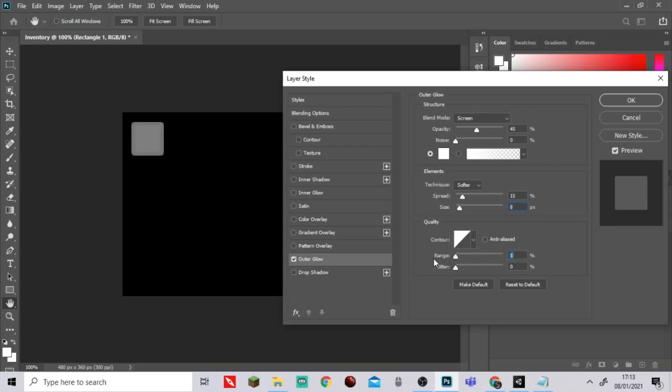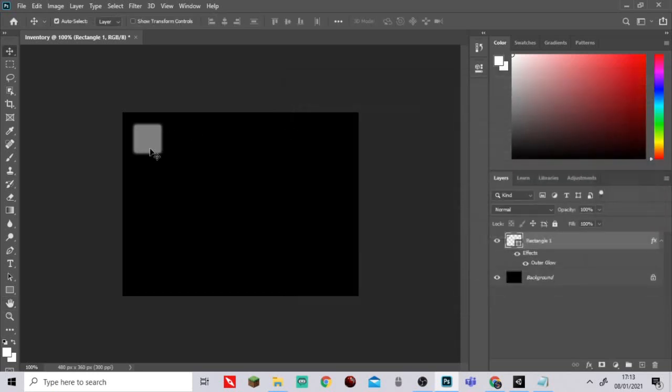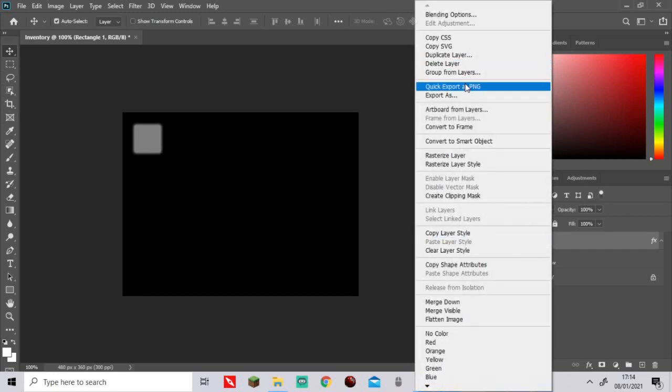Range. This is like how far out it would spread. Jitter, I don't really know what jitter does, to be honest. And if I click OK, you can see we've got a better looking box now. You can customize these boxes however you want, but also you can now right click and click duplicate layer